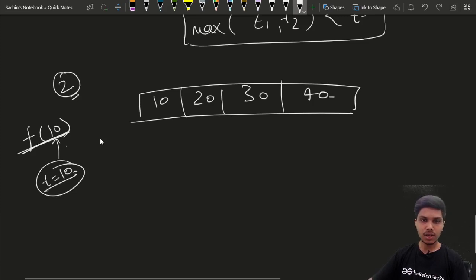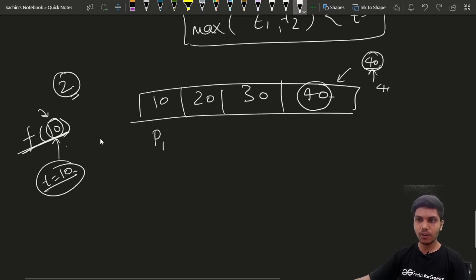Basically we cannot pass 10 to this function, because the longest board here is 40, and we need at least 40 units of time to paint this board, so we cannot paint the whole house in 10 units of time.